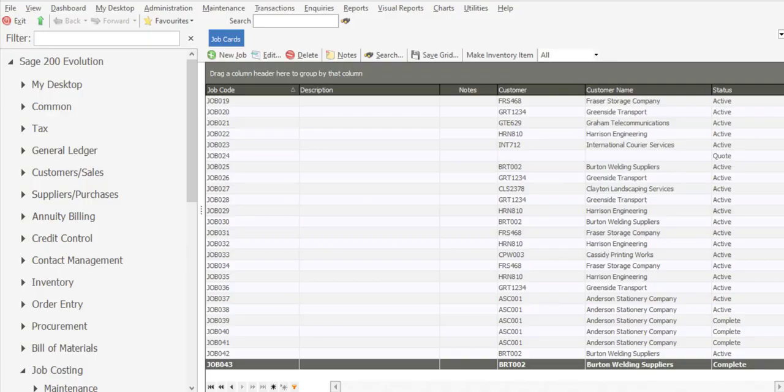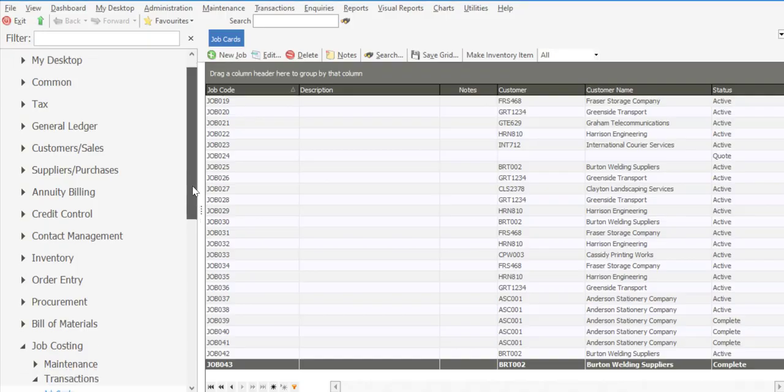We'll be discussing how to process a job card within Sage Evolution. Now job cards can be used for different activities such as repair, maintenance or servicing tasks, and we'll be processing a job card under those circumstances during today's presentation. Now I'm going to go firstly through to job costing transactions. Select new job,